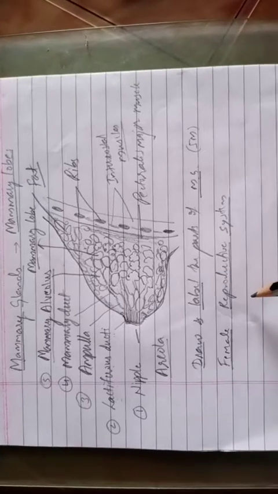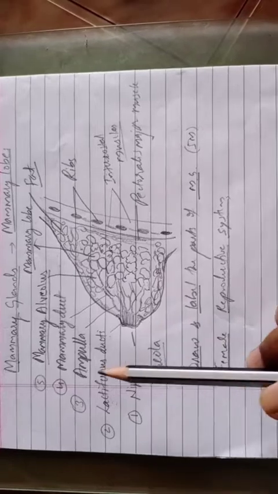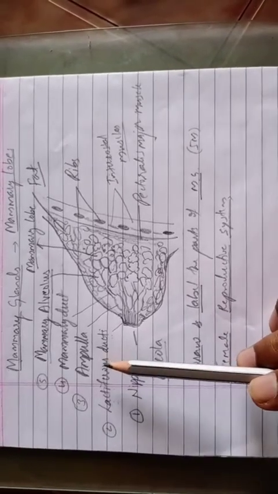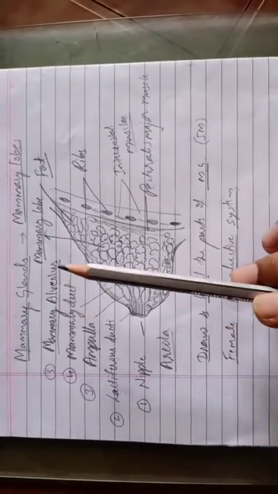I hope this diagram is clear for you, and practice it for your study. The remedial students should draw this diagram at least 5 to 6 times in the remedial notebook. Labeling the parts is very important. Without fail you should label all the parts. So this is the mammary gland diagram.